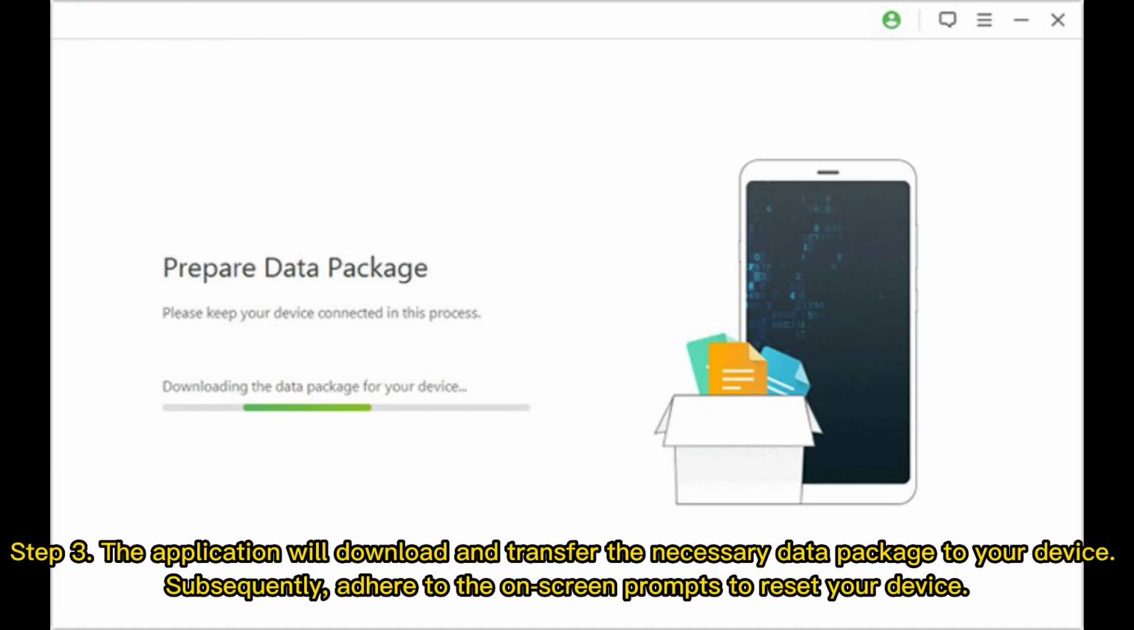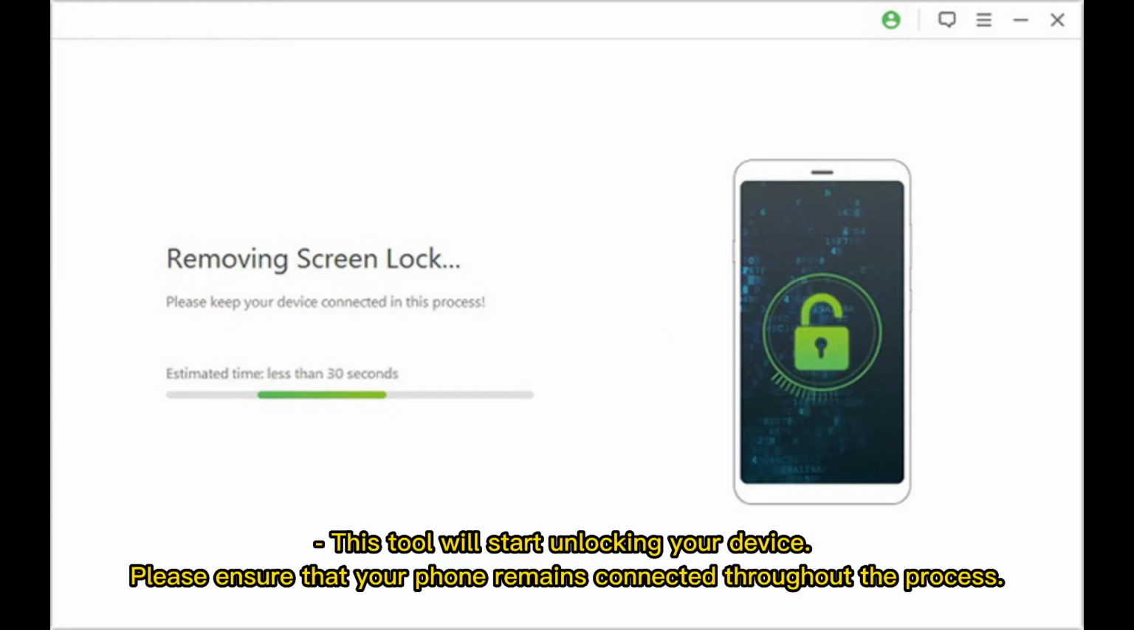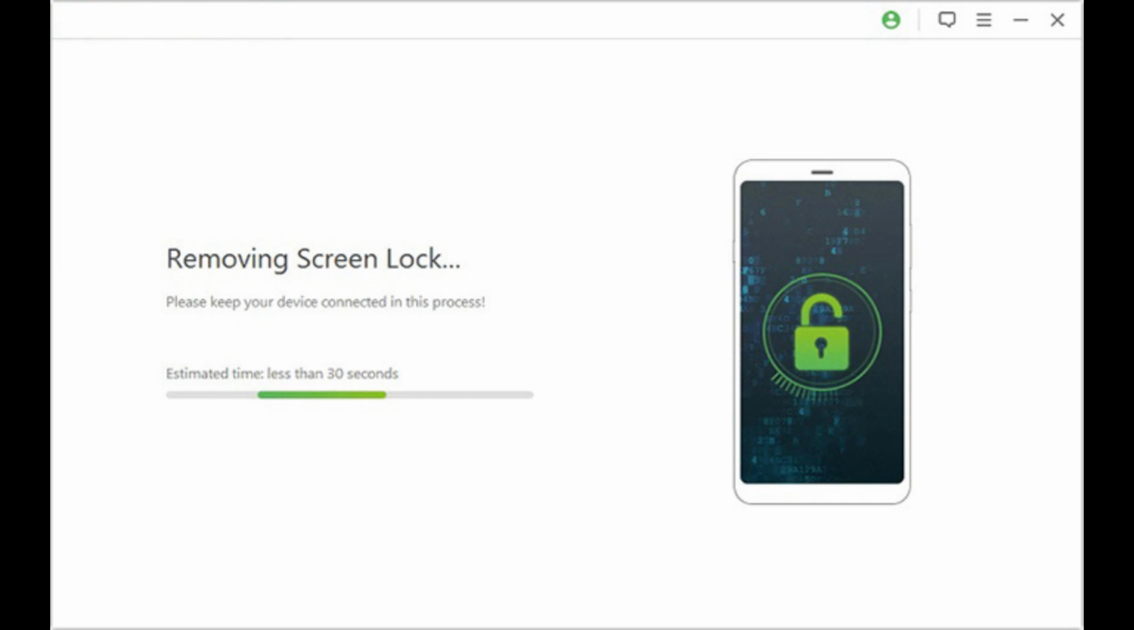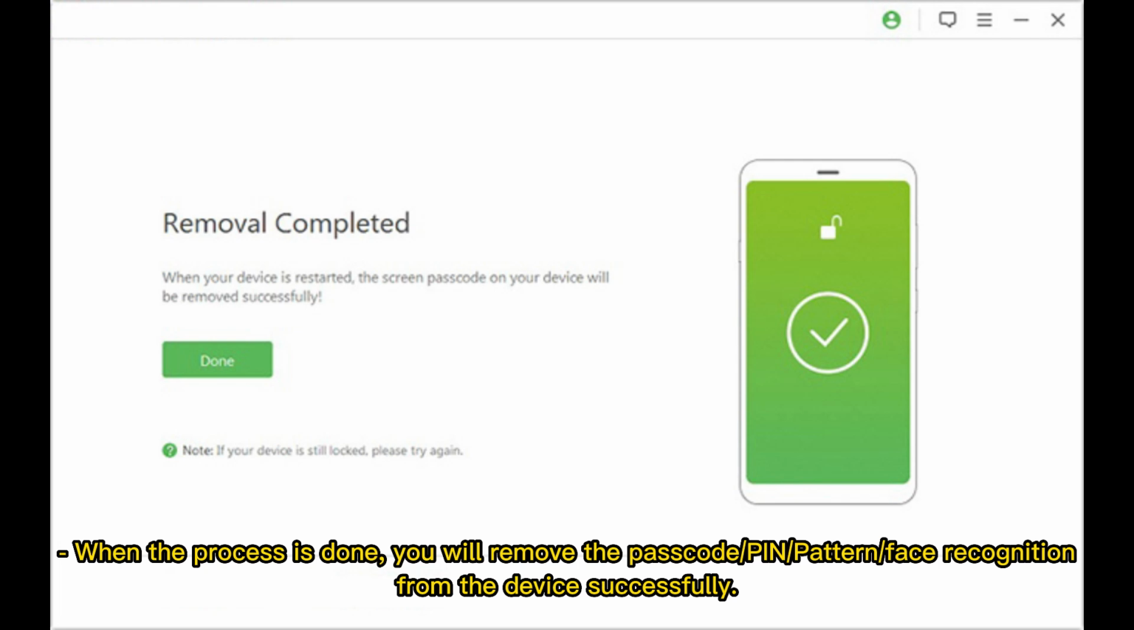Step 3. The application will download and transfer the necessary data package to your device. Subsequently, adhere to the on-screen prompts to reset your device. This tool will start unlocking your device. Please ensure that your phone remains connected throughout the process. When the process is done, you will remove the passcode, PIN, pattern, or face recognition from the device